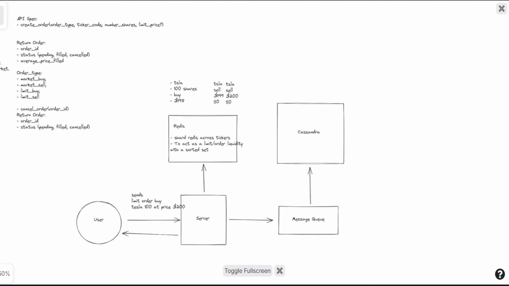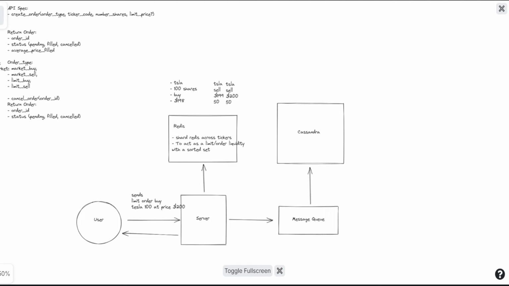If it's not fast enough, then let's say we could have another message queue to do it asynchronously. We could return the order as pending first, immediately from the server. And then instead of calling the Redis directly here,